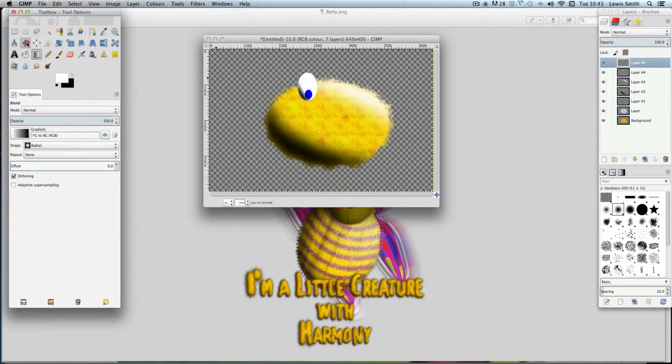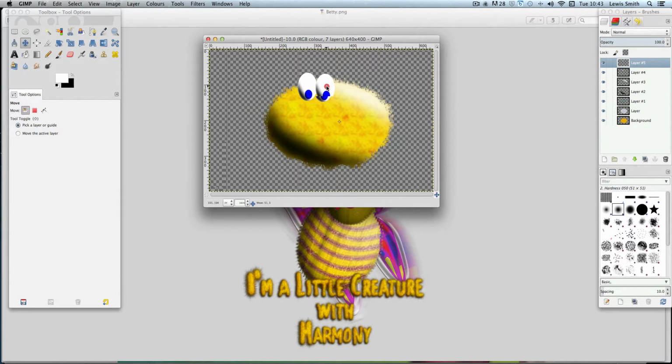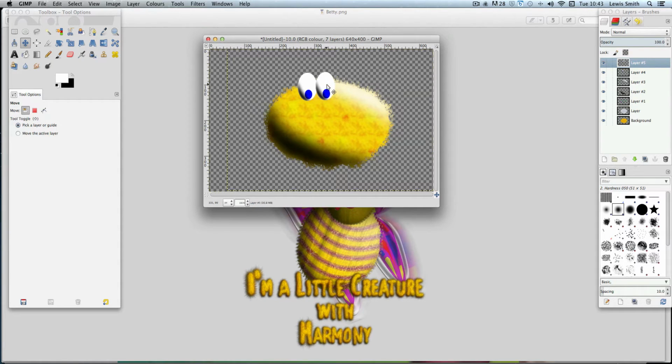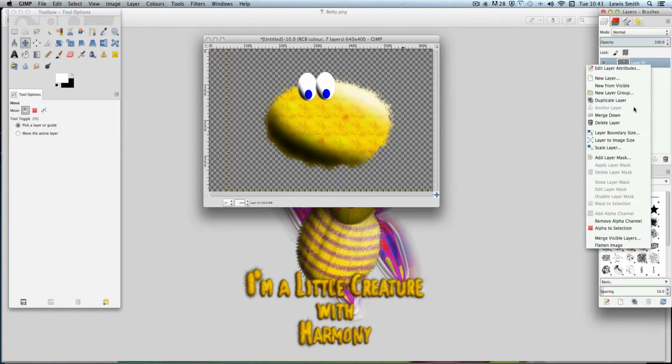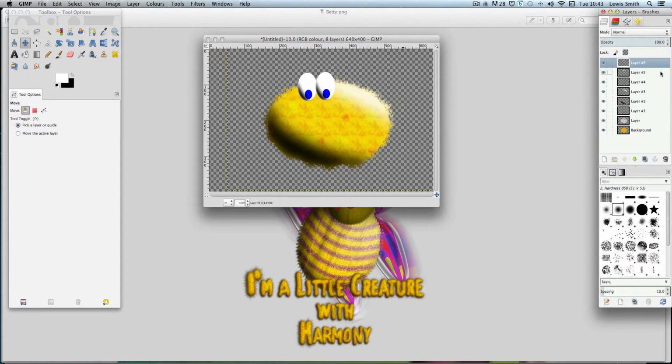So let's go to the move tool. We'll move that out. There we go. We've got two eyes. Now, depending on where you drew your iris, you can flip this vertically and horizontally. Well, horizontally really you're going to want to do, but that still doesn't look fantastic, and there's no shadow. So what you can do is duplicate this again. So this is the one on top, duplicate layer. Now we're going to take the one below,